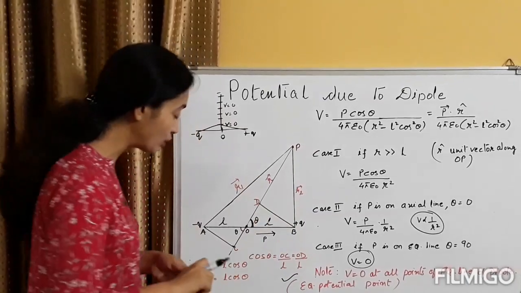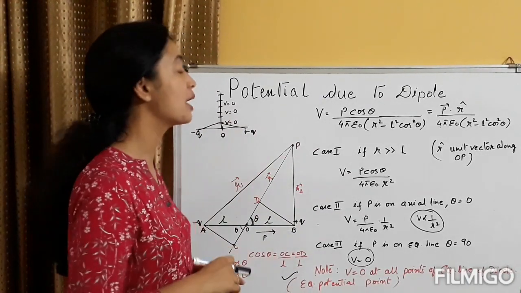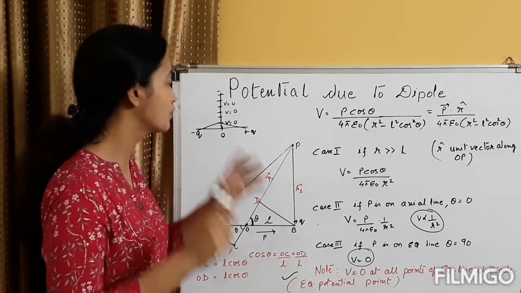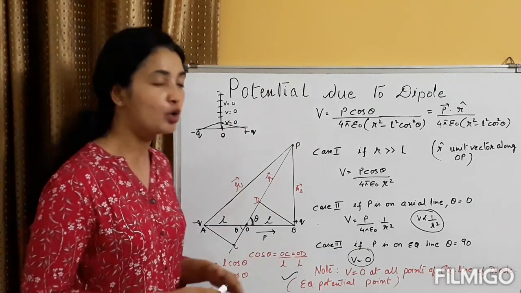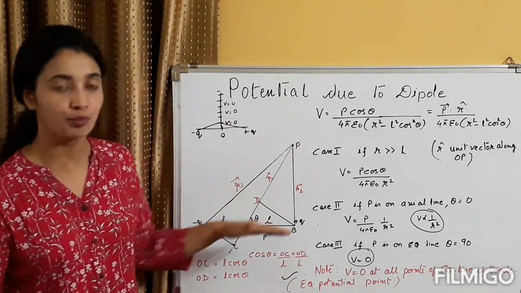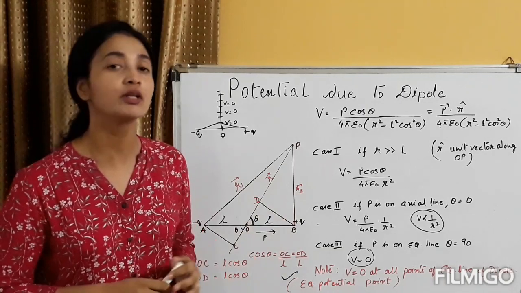We will study more about equipotential points in the forthcoming classes. We will in fact study about equipotential surfaces also, which is a very important component of this particular chapter. So I hope you understood it. Try to map them, try to draw graphs wherever required. If you have any doubts, you can drop them down in the comment section.